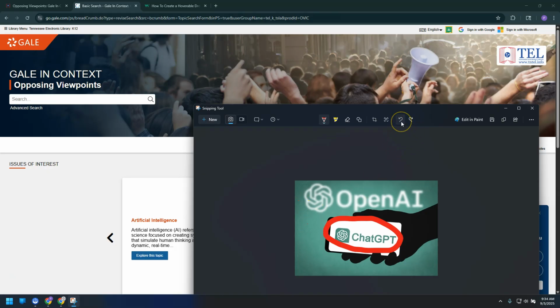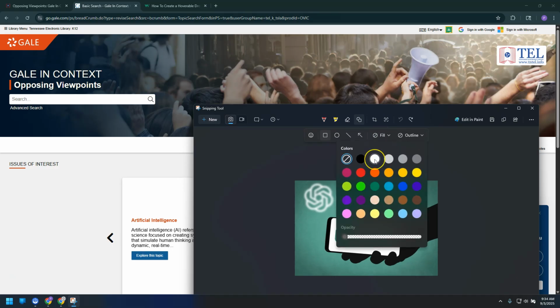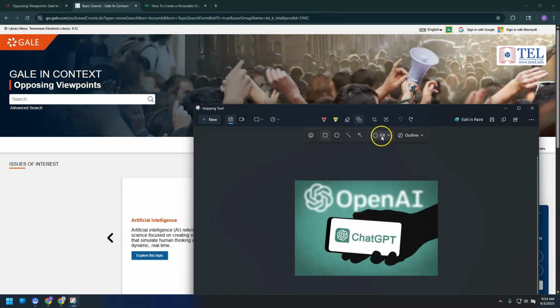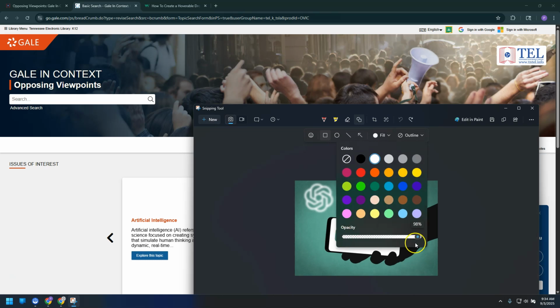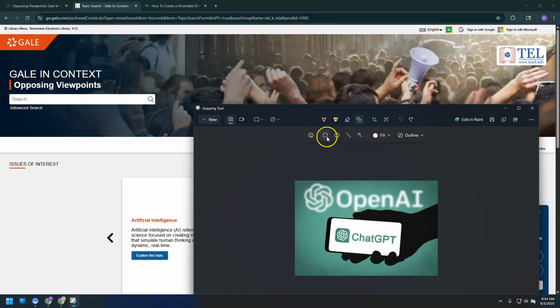That's not always the prettiest, so there's some other options here that are nice. Another thing that I use is a shape tool if I need something a little more refined. Sometimes I use this to blur things out. For example, I'm going to choose the square tool, and then I have to choose what kind of fill. So if I needed to blur something out, I would choose maybe white or whatever kind of matching color. And now I can come back and draw a box to blur out any kind of information I don't want